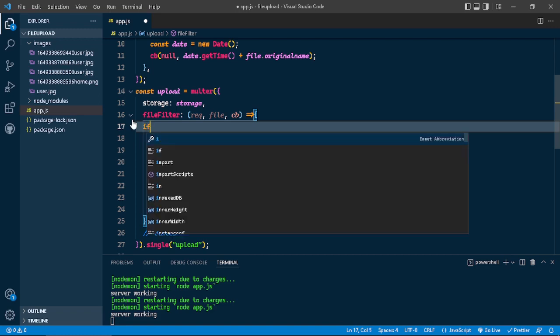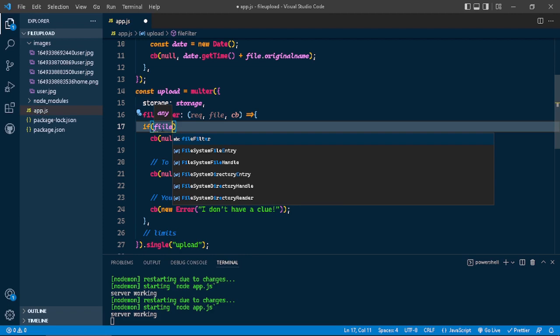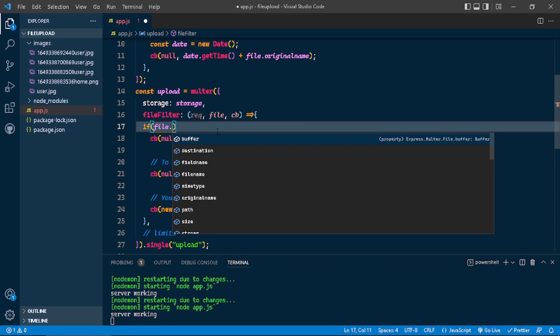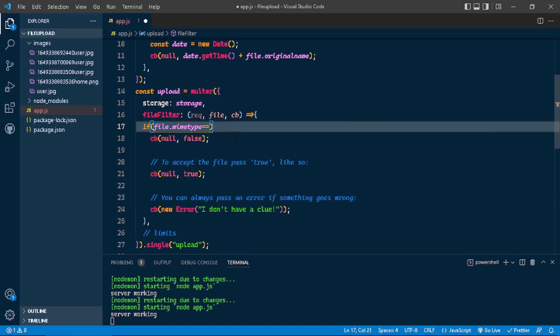So I'll have an if statement here, and what I want to do is to access the file that I'm sending, which is an object, of course, and this object has several properties. One of the properties is the MIME type. This MIME type gives us access to the extension of the file. So if file.mimetype is going to be equal to this type of MIME type, that is file extension, which is going to be PNG. Let me start with PNG,